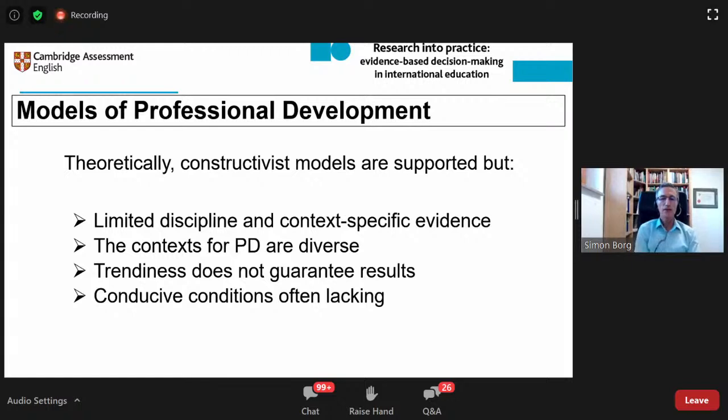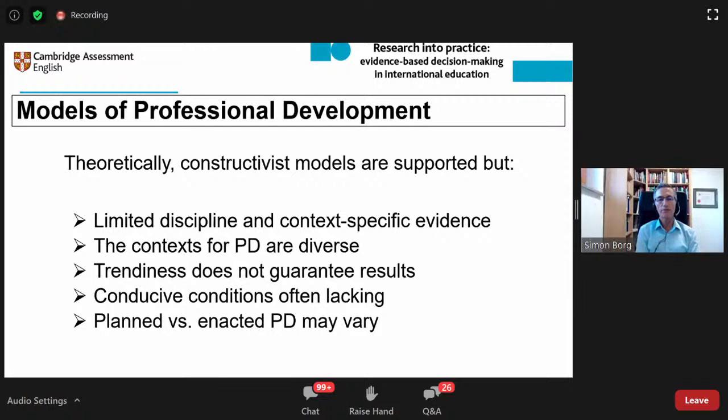And these kinds of conditions are very often not in place, and where that is the case, trying to apply a mentoring approach to professional development, for example, won't work. So again, before we run with a constructivist model, despite the fact that it's the one that is favored in the contemporary literature, we need to make sure the right conditions are in place. The final warning